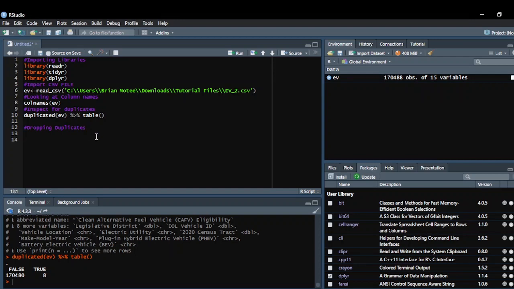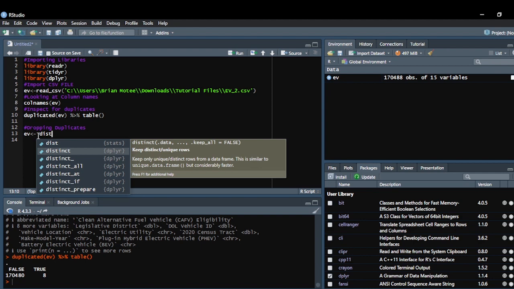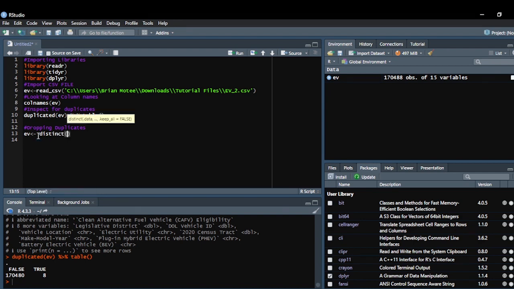You just write EV, which is the variable which you specified here. So EV is equals to distinct, and EV again. So let me just highlight it, let me run it,